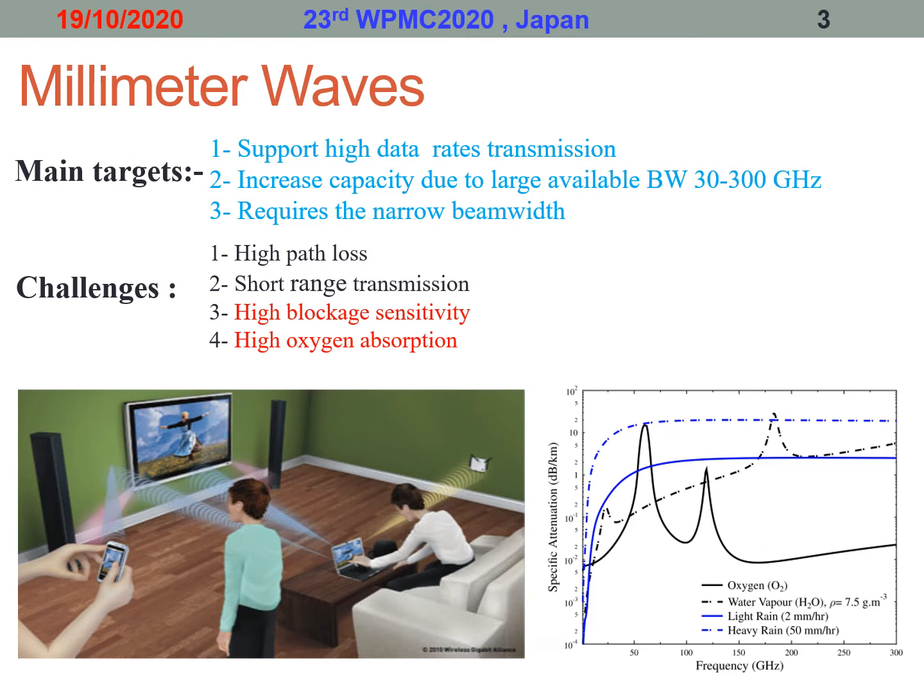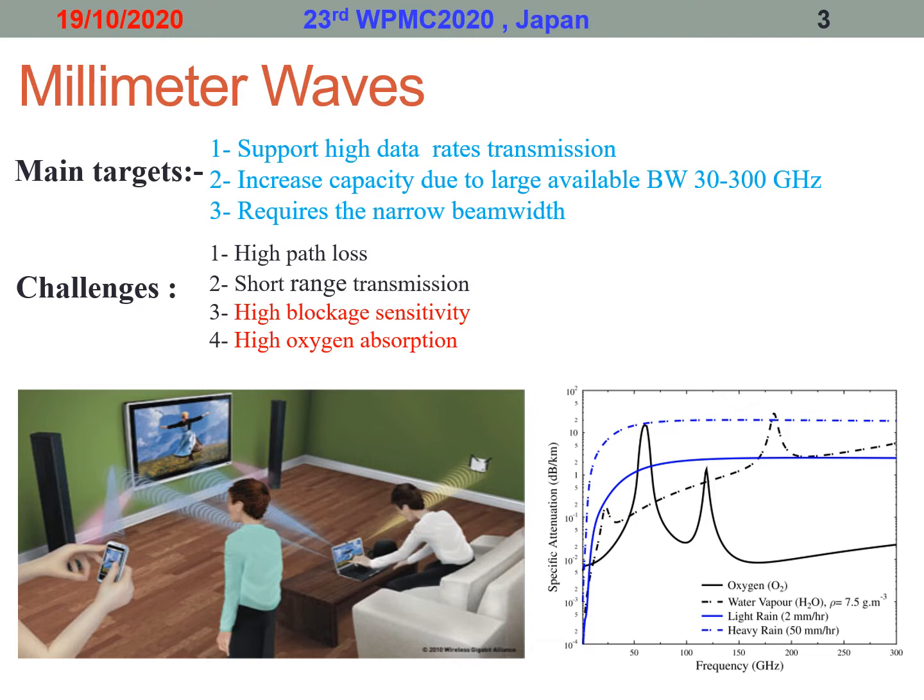Communication tables to cover the required capacity for users. They leveraged their work to mmWaves, which have extra large bandwidths with high data rate transmissions and a narrow beam width. All of these are pros of mmWave, but there are some challenges, which is the high path loss due to high frequency